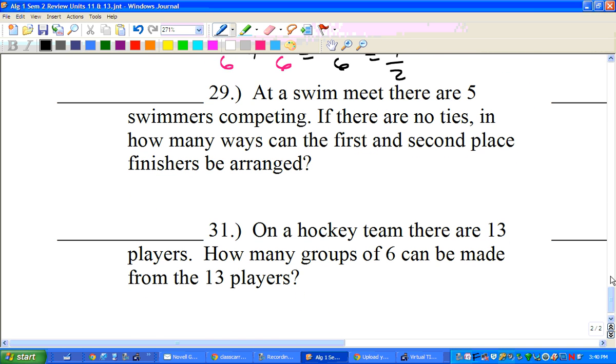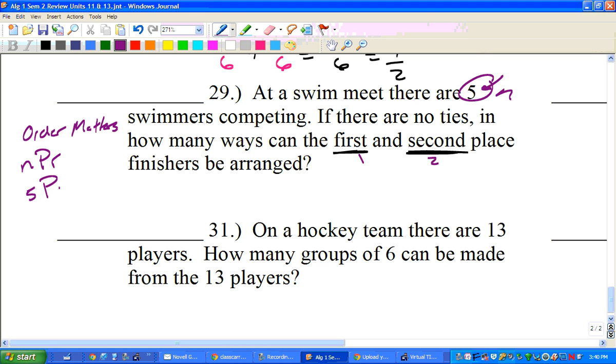Okay, at a swim meet, there are 5 swimmers competing. If there are no ties, in how many ways can first and second place finishers be arranged? Well, the key thing for this is order matters. Okay, so that means we're doing NPR. Okay, that's your big number, and we have 1, 2. So N is 5, and P is 2. So the way we do this, 5 factorial over